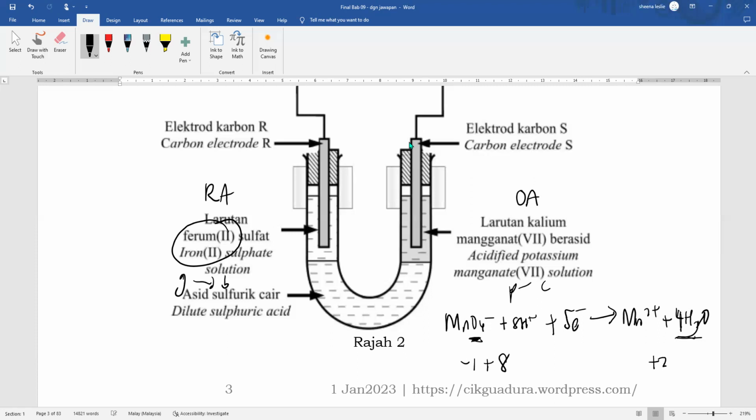7. Okay, so plus 7. Teacher needs to balance. Both sides must be the same number. So here teacher got plus 2. How to make this side plus 2? Teacher plus 5 electrons. Okay, so 7 plus 5